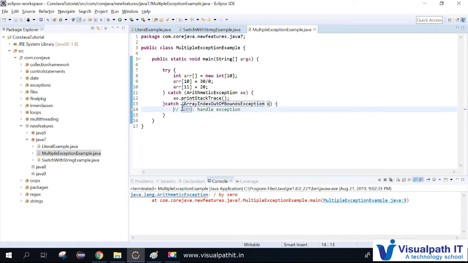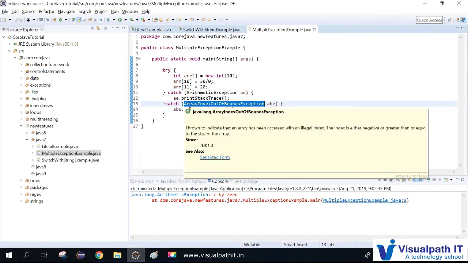Let it be E, or we can write ArrayIndexOutOfBoundsException and name it ABE. Let's name it like this: ABE.printStackTrace. So this creates a catch block for the array index out of bounds exception.